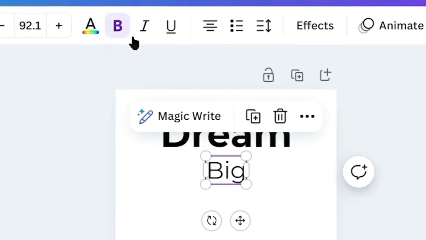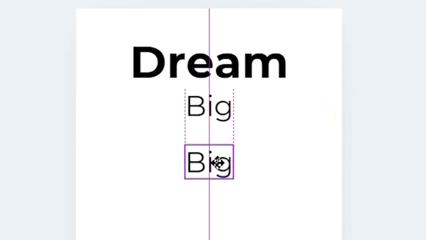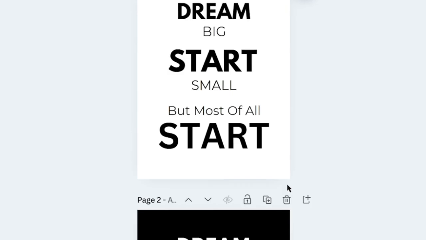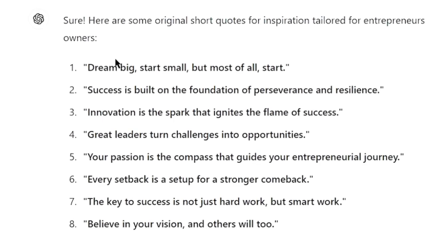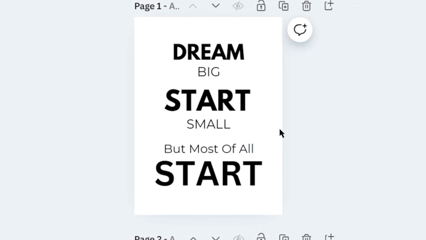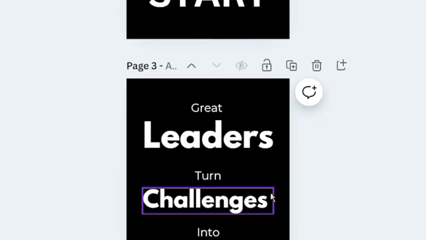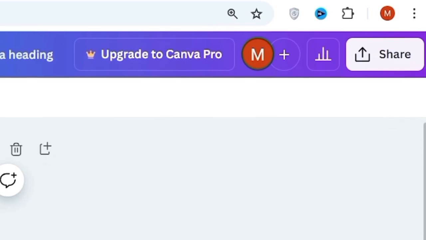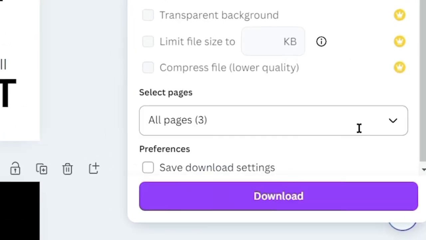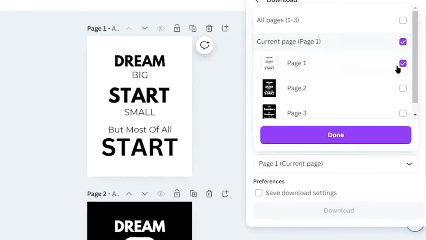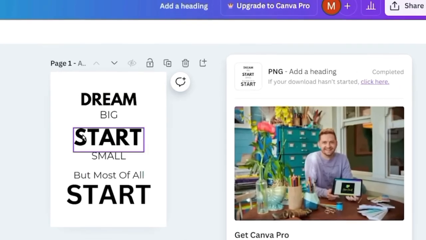Now, copy and paste your initial sentence on Canva in the same manner, moving it to the middle. Then, copy the next word from the quotation from ChatGPT, go back to Canva, and just capitalize the first letter of this word. Simply copy and paste this text after reducing its size to a size that complements the other texts, like this, to produce an inspirational quotations graphic like this, or something similar. This makes it possible for you to create a variety of inspirational quote images with just these ChatGPT quotes.